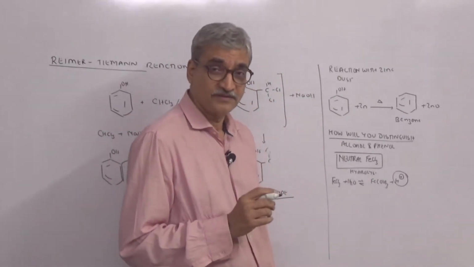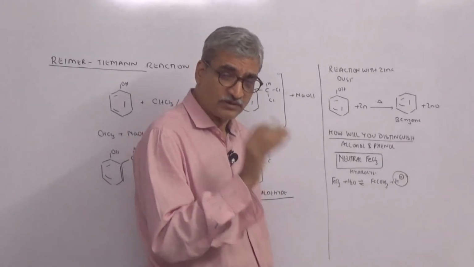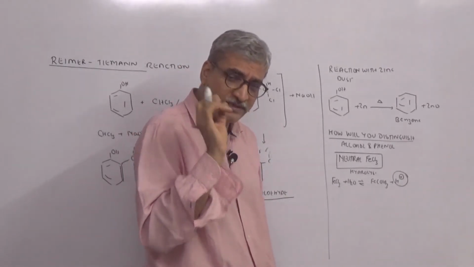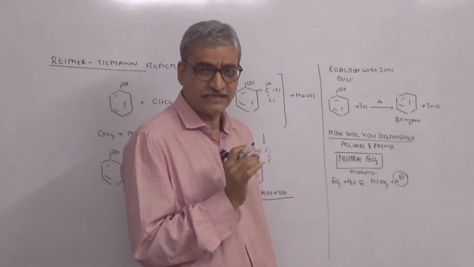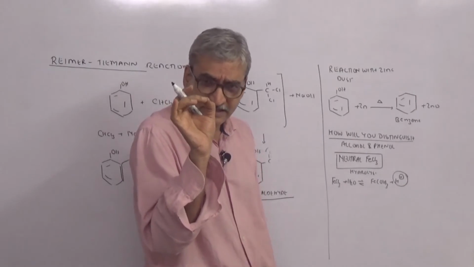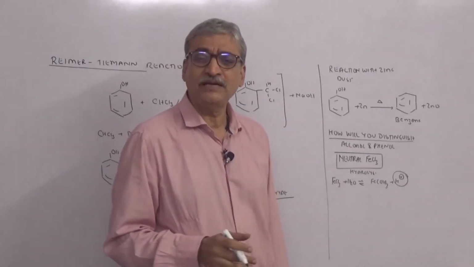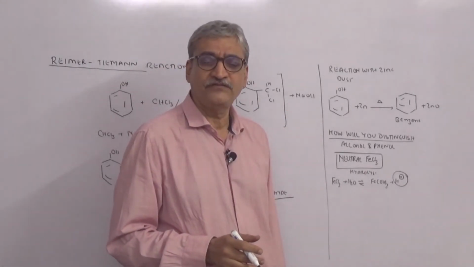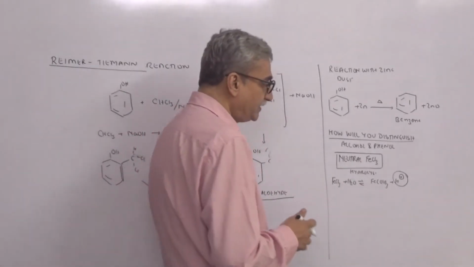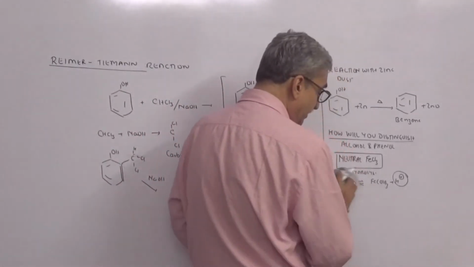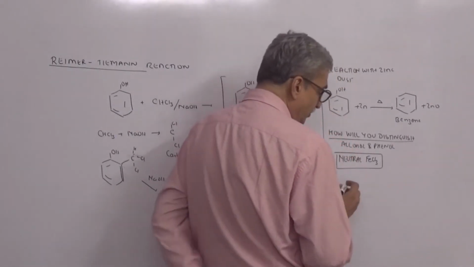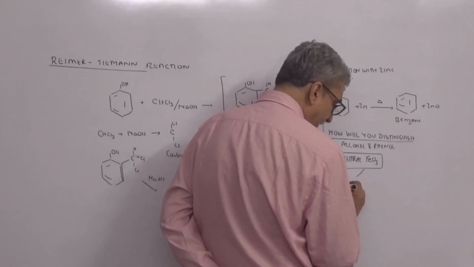You will not believe. We will add ferric chloride in water and then go on adding ammonia to neutralize the H+ ion till the first precipitate comes in. At the first sign of precipitation, we know that it has become neutral. We filter that and then we use neutral ferric chloride. Otherwise the solution will be acidic, and we don't want an acidic solution. So neutral ferric chloride with alcohol,